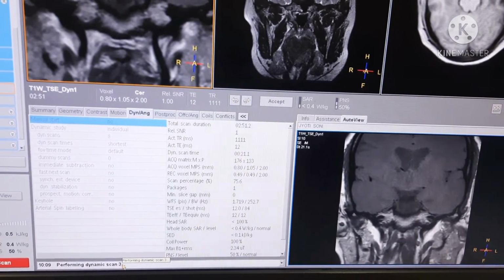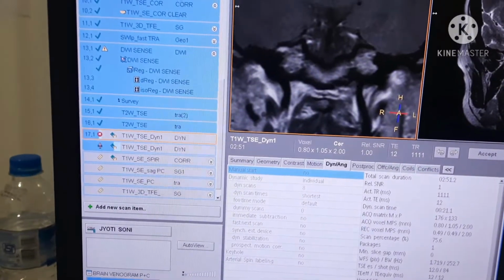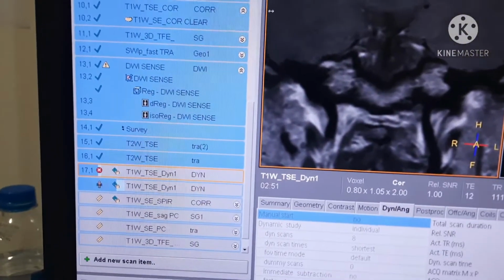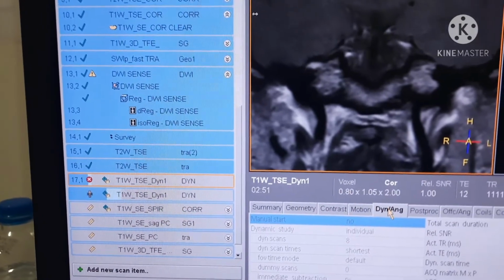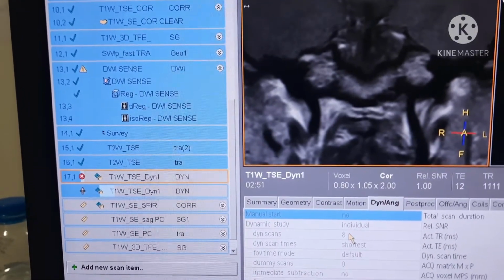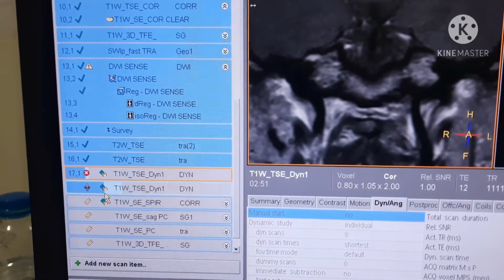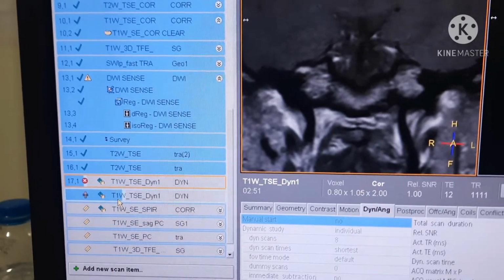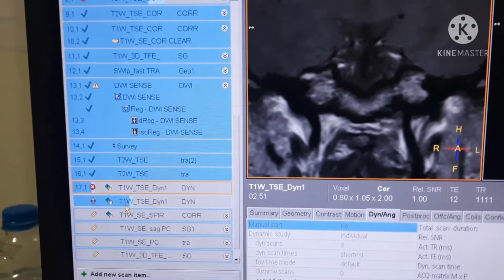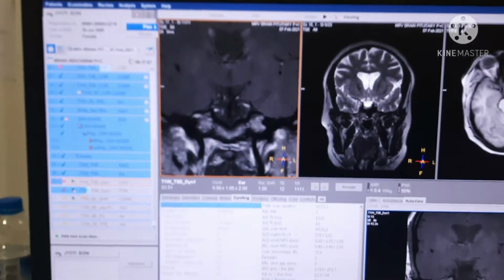Now dynamic scan 3 is going on. You can see here number of dynamics are 8 and the scan is going on. Contrast is being pushed completely.